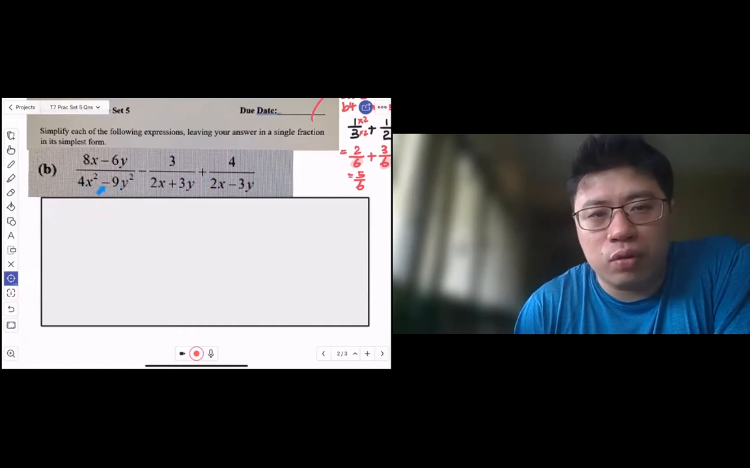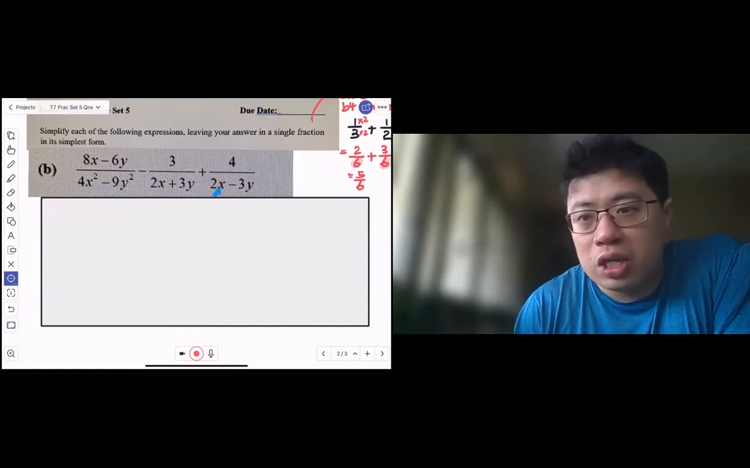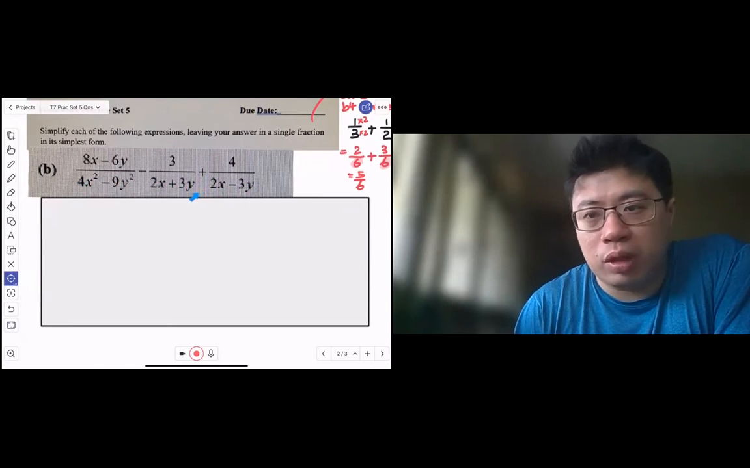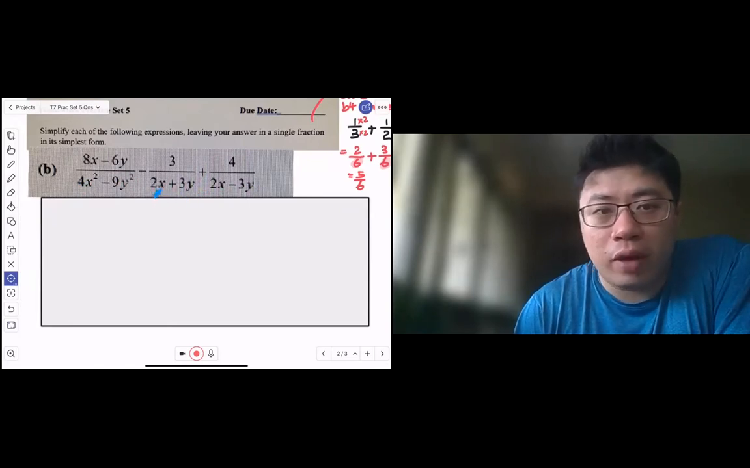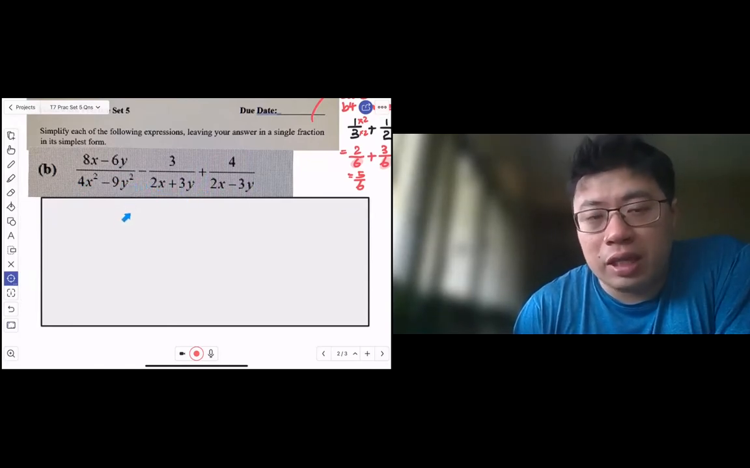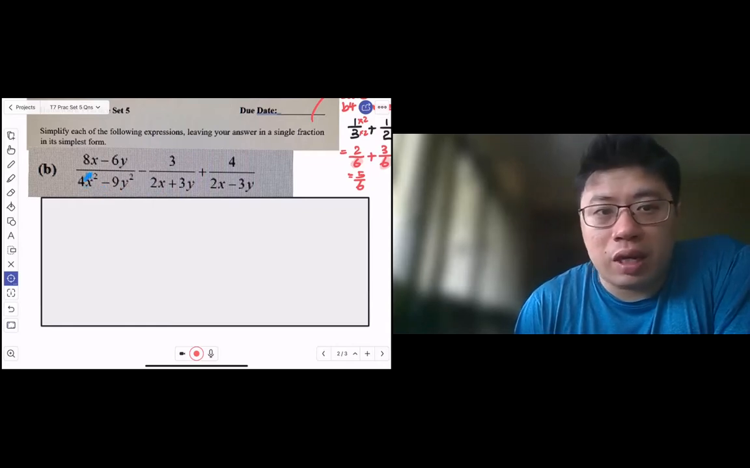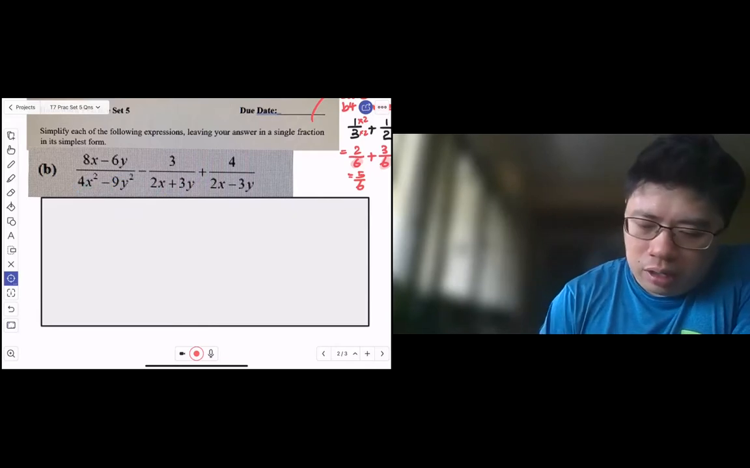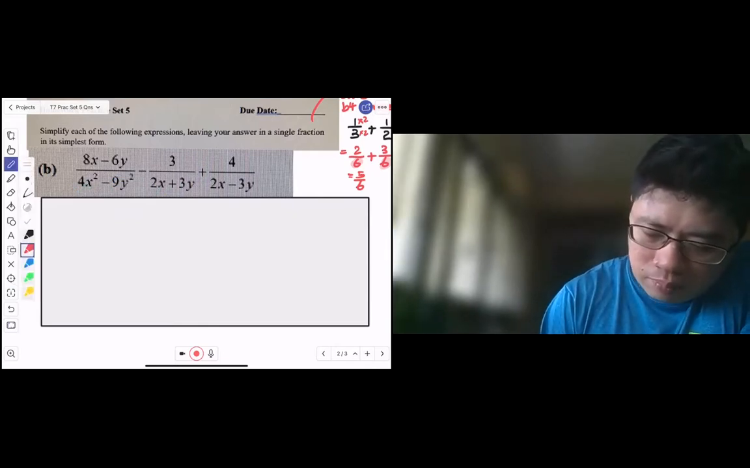So you don't have to multiply this by this by this just to create the same denominator. That will take up too much time, and you're going to spend a lot of energy trying to factorize later again. So the trick here is to look at 4x squared minus 9y squared. If you think of it, recall